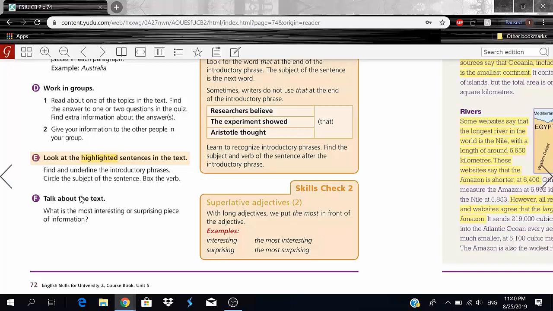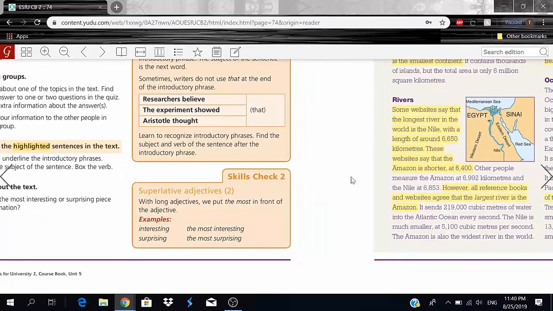And for me personally, it's got to be the part here about the rivers where they compare the Amazon and Nile, but you got different people having different measurements, and they just didn't come to a conclusion in the end. They just said both of them, right? So they said either the Amazon or the Nile. When we do different calculations, different results come up. So that was, for me, interesting and actually surprising as well.